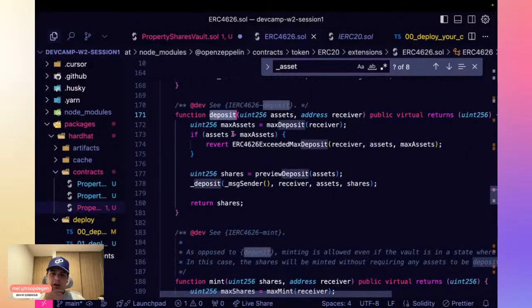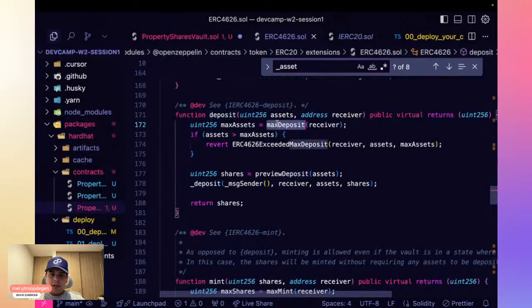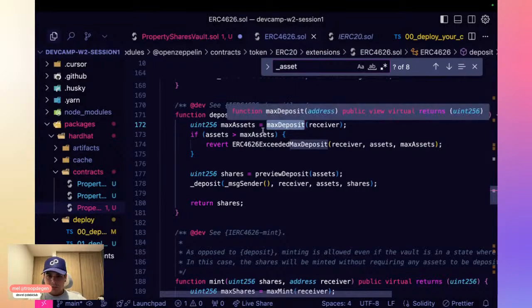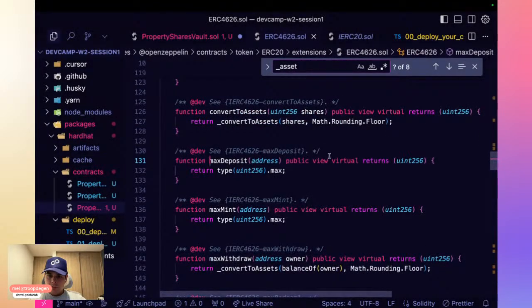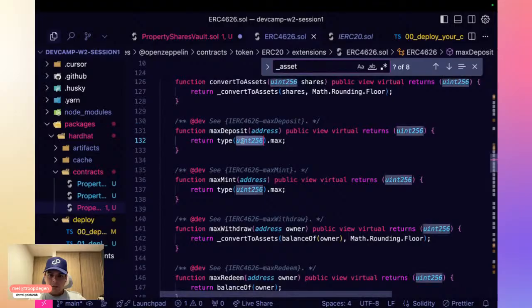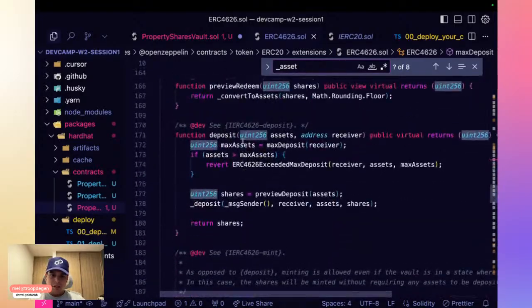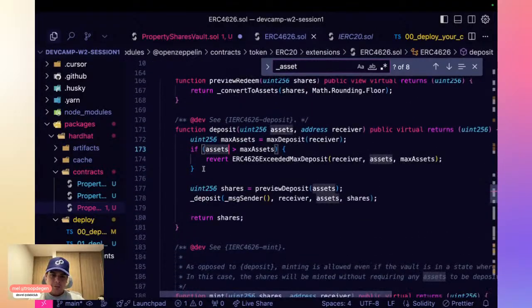Here we have the deposit function, and we can see that there's a max deposit that allows you to define the maximum deposit. It's not really used. That's just in case you wanted to put a cap on how much users can deposit in your vault, but by default it's uncapped, up to the maximum value available for the uint256.